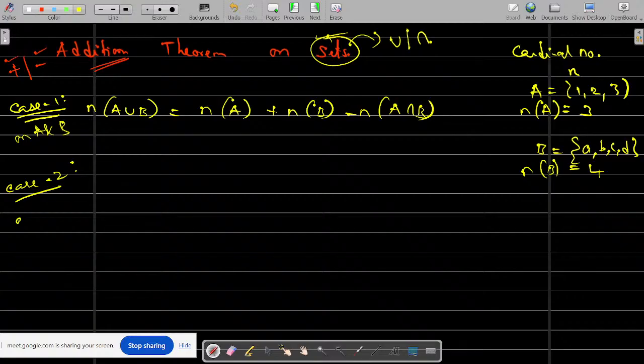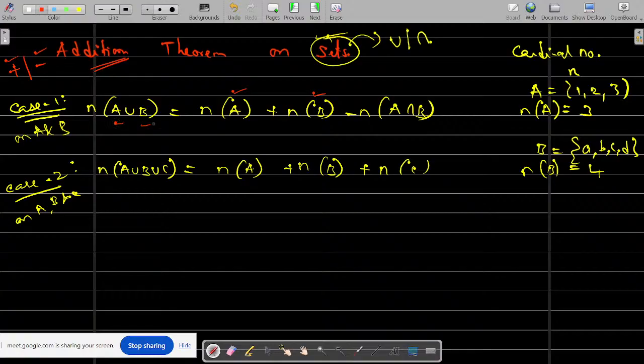In case you have three sets, A, B and C, then n of A union B union C is equal to n of A plus n of B plus n of C. See, what I did over here is I took the whole of A and the whole of B for A union B. Likewise, with three sets A, B and C, I take the whole of A, B and C. What I did next is I removed the common part. So here it will be minus n of A intersection B, minus n of B intersection C, minus n of